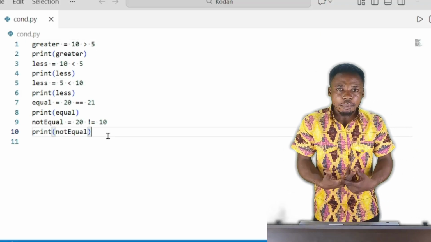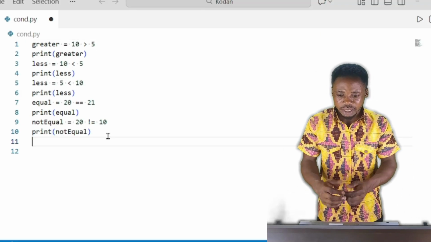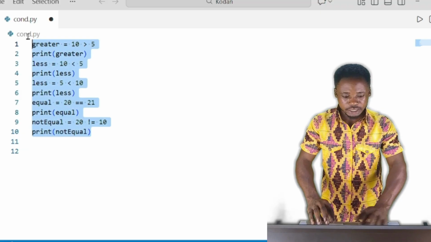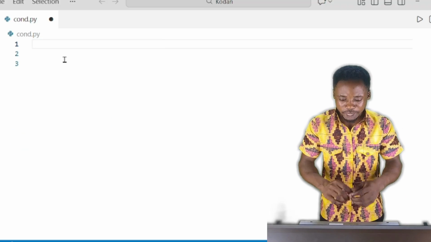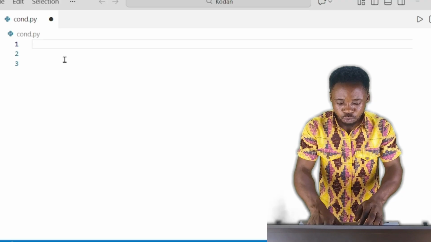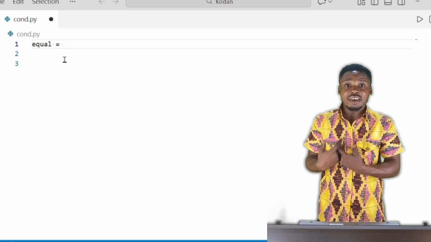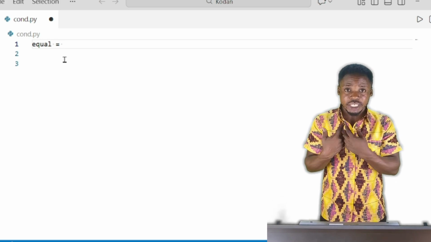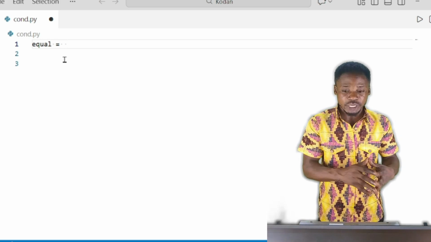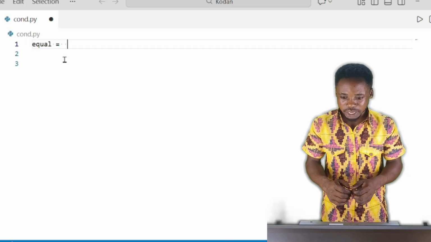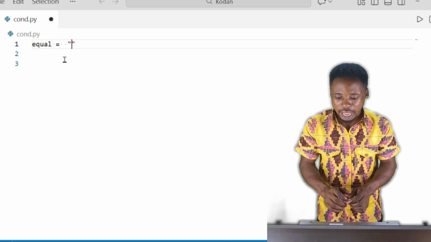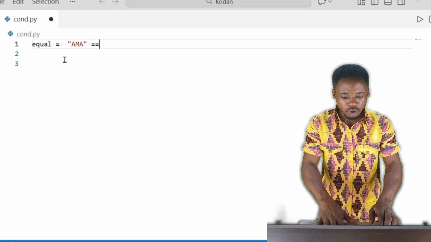So we can as well compare strings. Permit me to clear these expressions, and now let's compare strings. So I will type equal. First, I want to make use of the equal operator. Remember, the variable name can be anything. I am using equal to show the kind of operator we are using currently. So not equal, and let me say, so amma is equal to